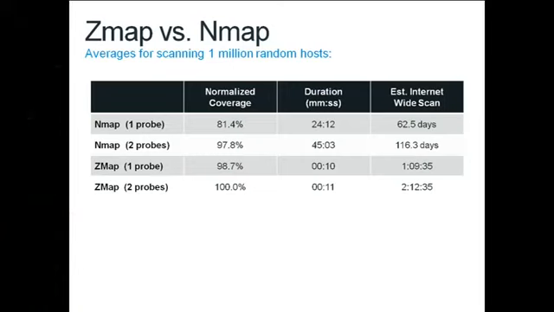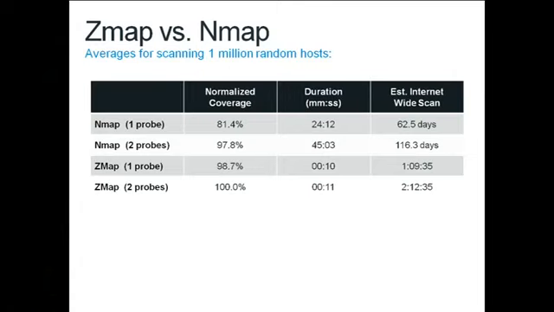In Nmap's default configuration here, it tries to send up to 2 SYN packets per host. It waits for a timeout, then it sends another one. It will take about 116 days to probe the entire internet using that configuration. If we reduce Nmap to just sending 1 probe, just waiting 1 timeout interval, it will only take about 62 days. ZMap, in its default configuration, in this experimental setup, would have taken about an hour and 10 minutes.